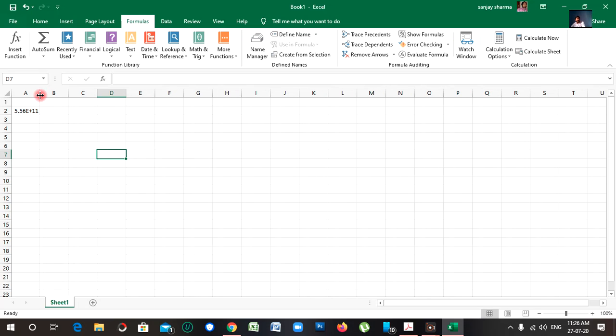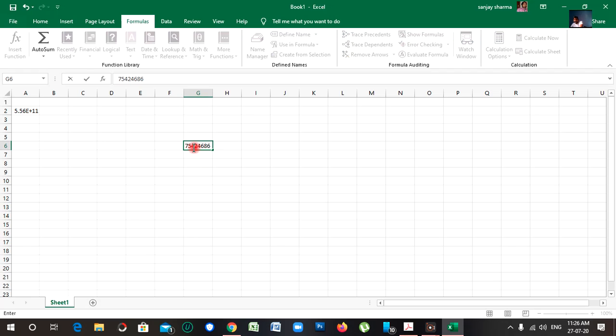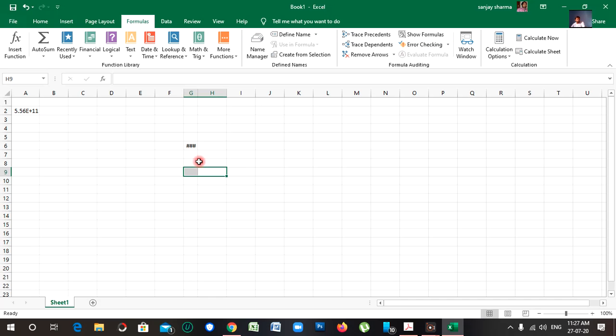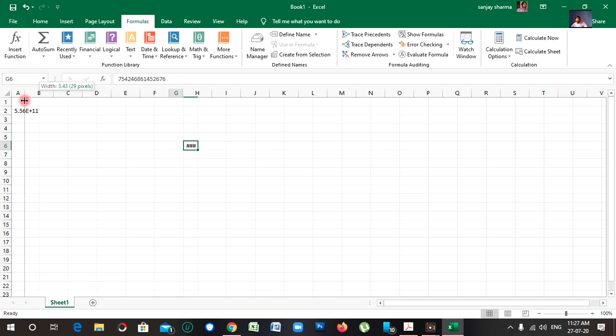If you want to add this, multiple, and when we join that, the error has come like this. This error means that when we enter a larger number and make the cell so small, this type of error will appear.